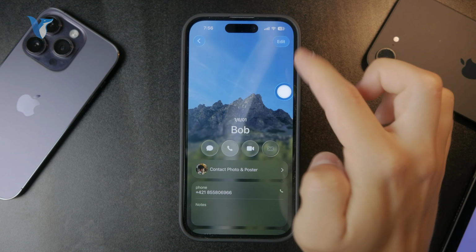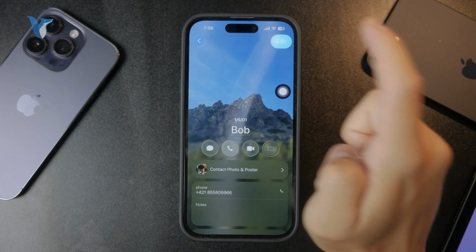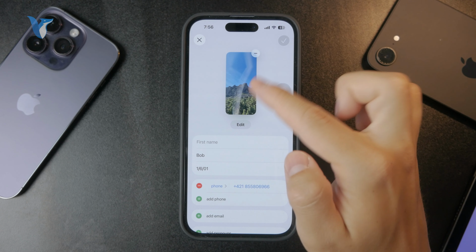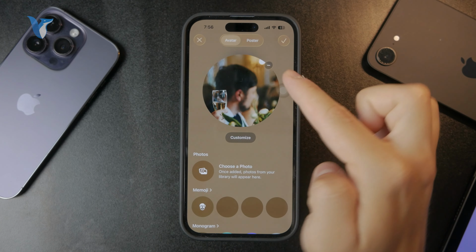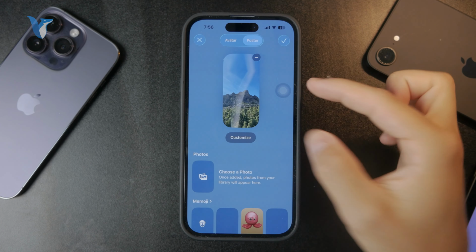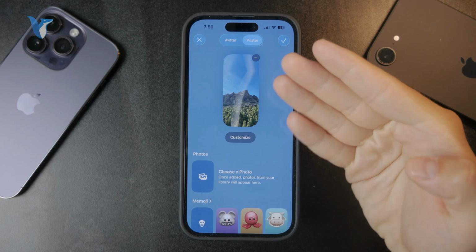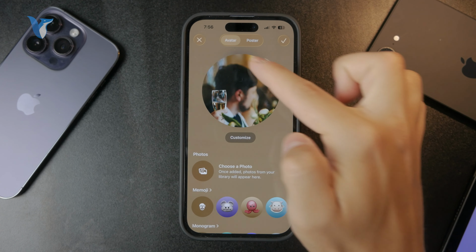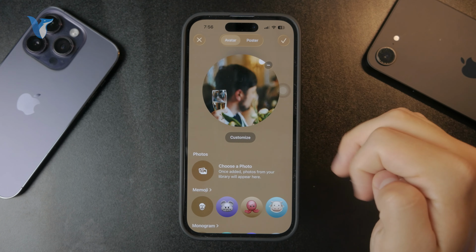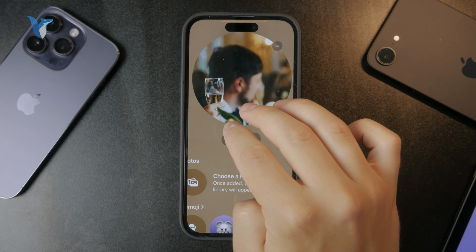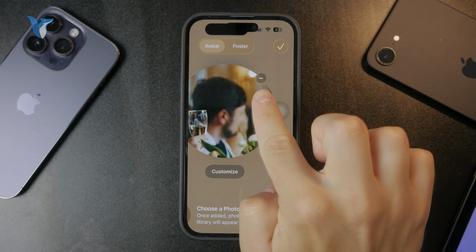So all I have to do is just make it open like this, click on edit, and edit the information or like the pictures, right? So if you click on this edit mode, the first section is the avatar and the second is the poster. So poster is like the background which shows up when they are calling you, but then the avatar is the circular profile picture,